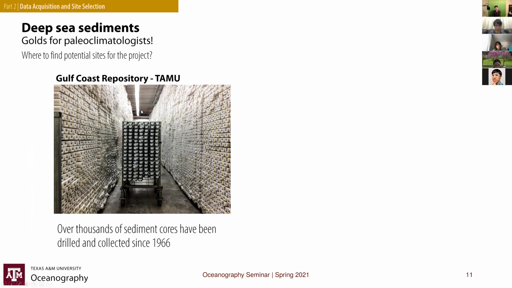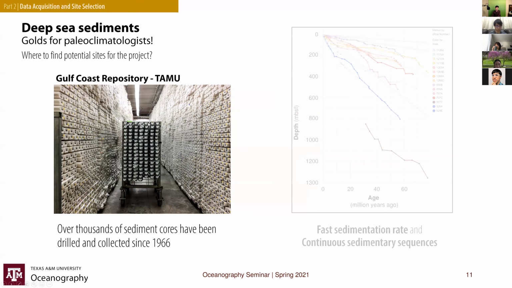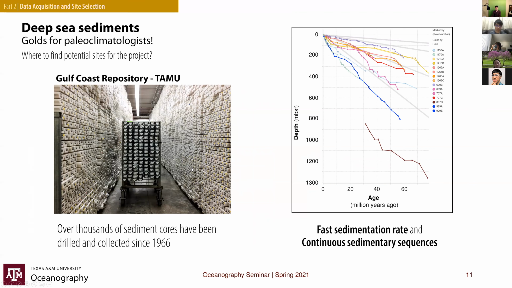And here are pictures of one of the 3 core repositories that IODP houses, here at our West Campus. From these thousands of sediment cores, I have selected a few sites, and my selection criteria is that I would like sites that have a continuous sequence of sediments with relatively fast sedimentation rates, because faster sedimentation rates will give you more material and will increase the chance of getting enough organic compounds to reconstruct the